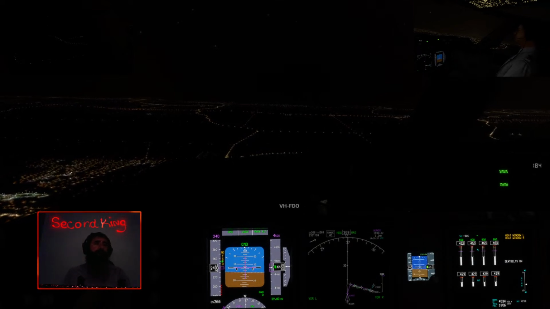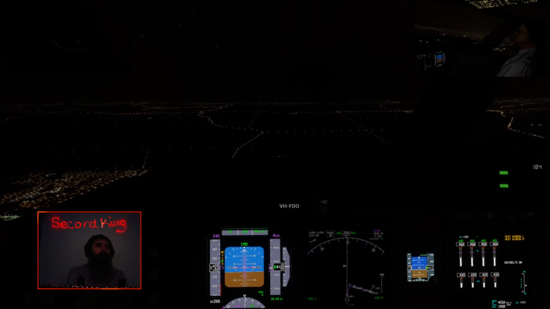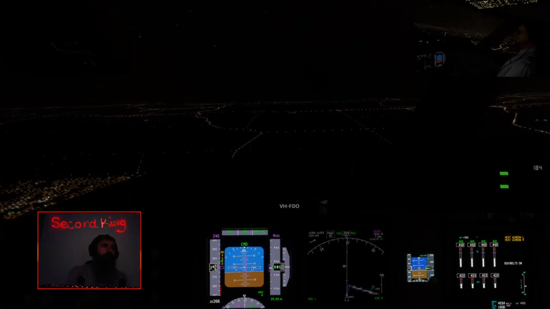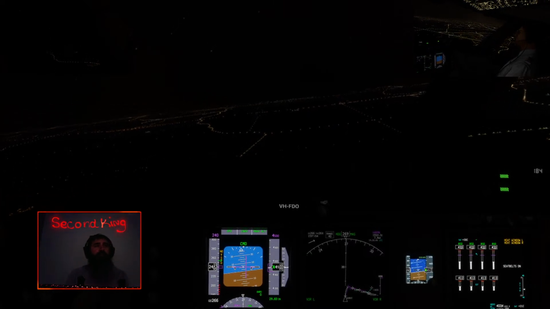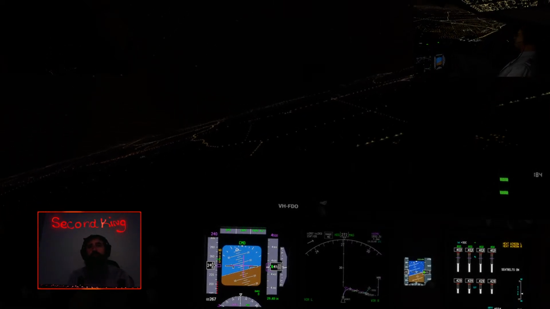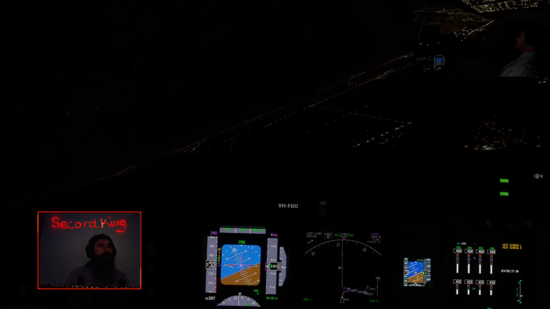So Jandakot's got 3 runways. One, I'm pretty sure, is just marked as a training runway. It's for touch and goes. You've got a short runway, which is an east-west runway, and you've got a longer runway, which is a north-south runway.